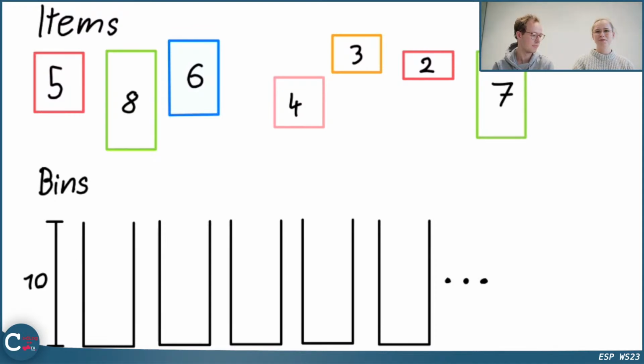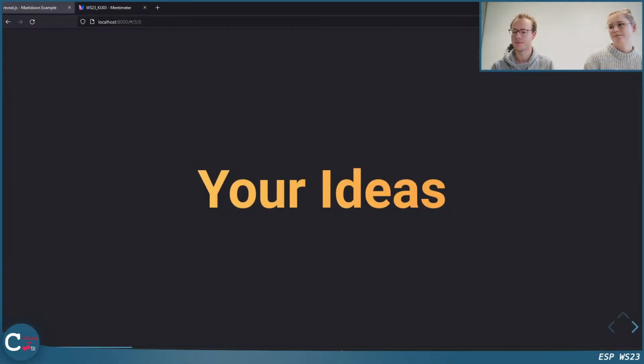Yes. So we will look at a few algorithms now. And I just want to mention that the ideas that you have are really, really good. And probably the idea that most of you had will be our final solution. But we will start now with a simpler algorithm, just to introduce it a bit to you.